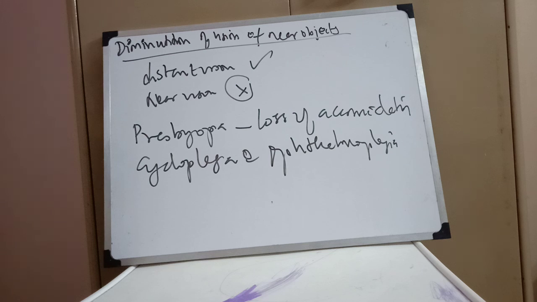In real life, or when you're taking history in your practical classes and postings, try to get as many positive histories as possible so that you can discuss with your teacher or professor and get a lot of points. But in your examination, strictly follow the given pro forma. Even if the patient says positive history for something, confirm it 1,000 times, and then write it in the case sheet as a positive history.